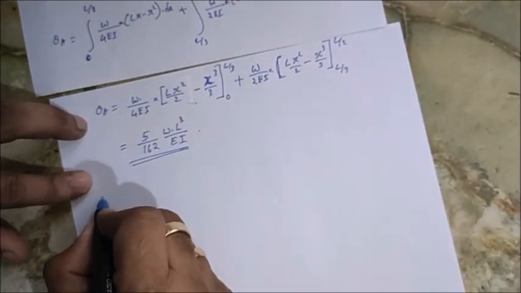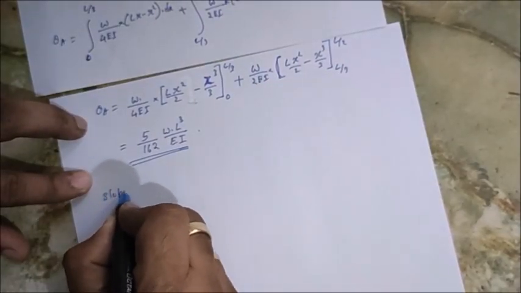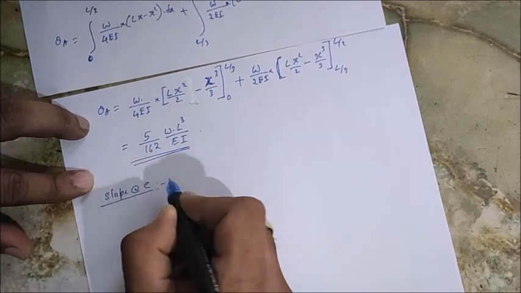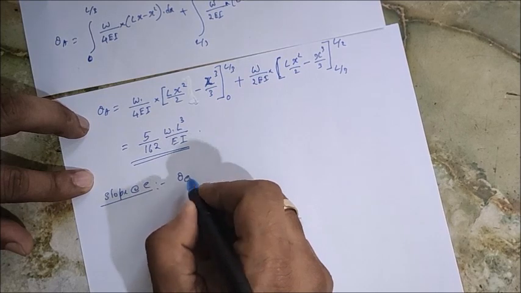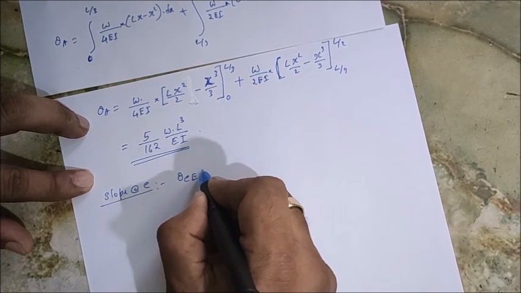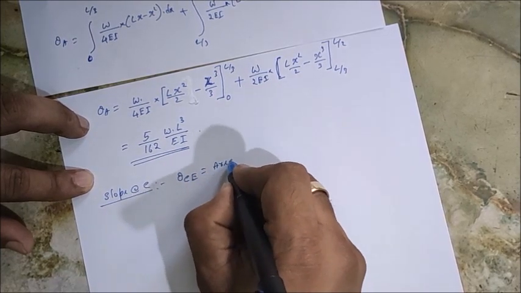Let's find slope at C. So the second one is slope at C. What is the slope at C? Theta C, and we need a reference point. I'll call it theta CE. Theta CE is equal to the area of